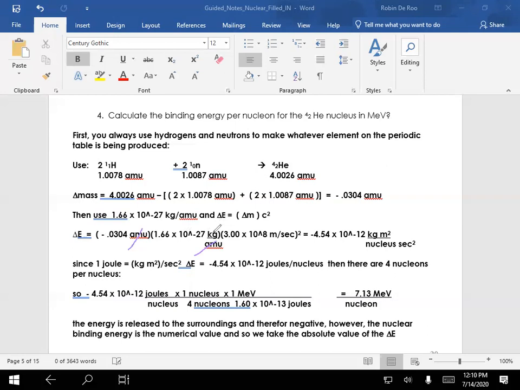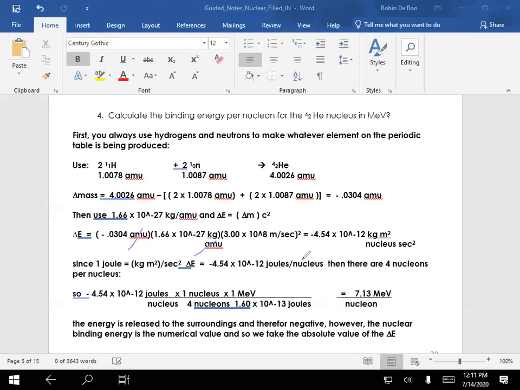We end up having a kilogram meter squared per second squared per nucleus. We need to remember that 1 joule is a kilogram meter squared per second squared. And so our change in energy as far as units is joules per nucleus. So this is our numerical value for our change in energy,